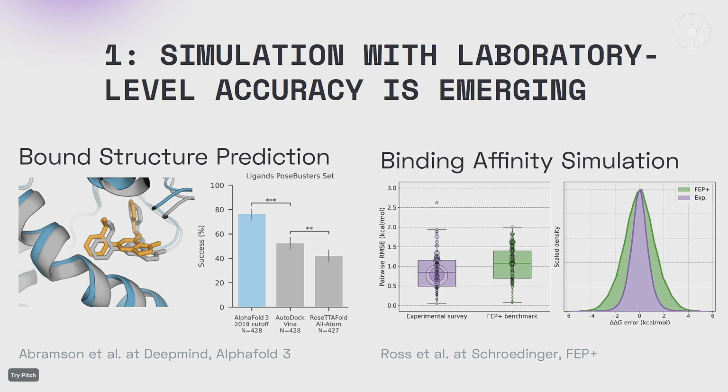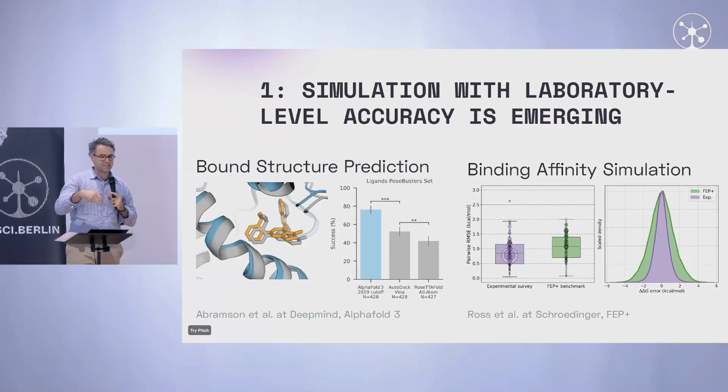So we're basically now at a point where we're able to outstrip all the, up to this point, conventional methods of trying to simulate how a small molecule binds to a target, and there are also open source versions around the corner of these algorithms. But simulating how a small molecule binds to a target is just half of the way. You can do this at scale, and you can do this a lot, but actually what you're really interested in is how tightly does it bind?